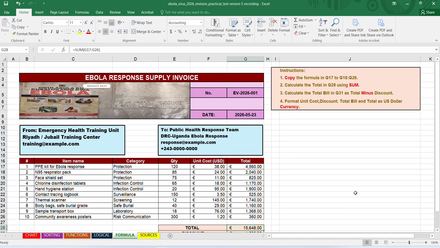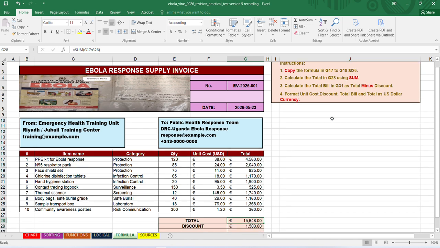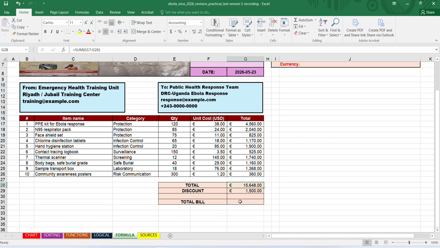And then the next task is to calculate the total bill in G31 as total minus discount. So where is G31? This is G31. In order to get the total bill, what you will do is take 15,648, that is the total, minus discount. So that is the total bill. So we will create a formula here.